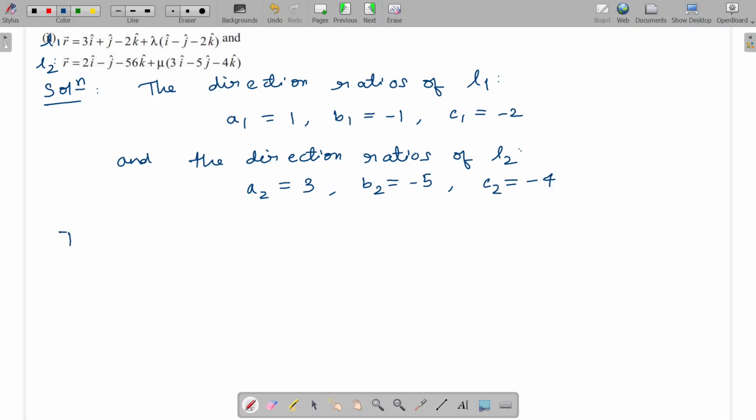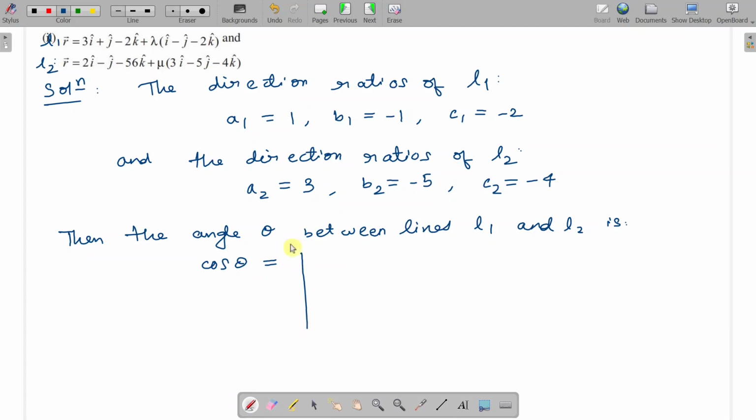Okay, so then the angle theta between lines L1 and L2 is cos theta equal to modulus of, so A1 times A2, so 1 times 3, okay, plus B1 times B2, so -1 times -5, plus C1 times C2, so -2 times -4,